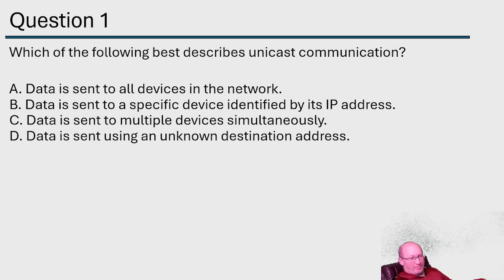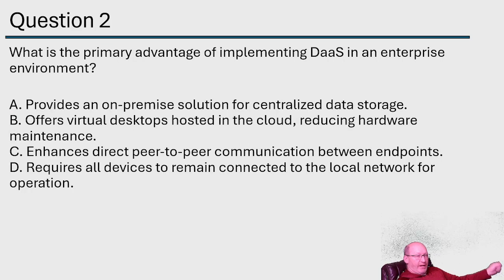I probably gave the answer away because A is obviously broadcast, which means B must then be unicast. Right? This is why it's so important to read all the answers as we're going through the exam. Even I went through this and I was like, oh, multiple devices simultaneously, that's broadcast. Well, no, not really. That's multicast. Broadcast would be all devices on the network. And so it's important to read through those answers as you're going through your exam. I want to caution you from going so quickly. That's my caution.